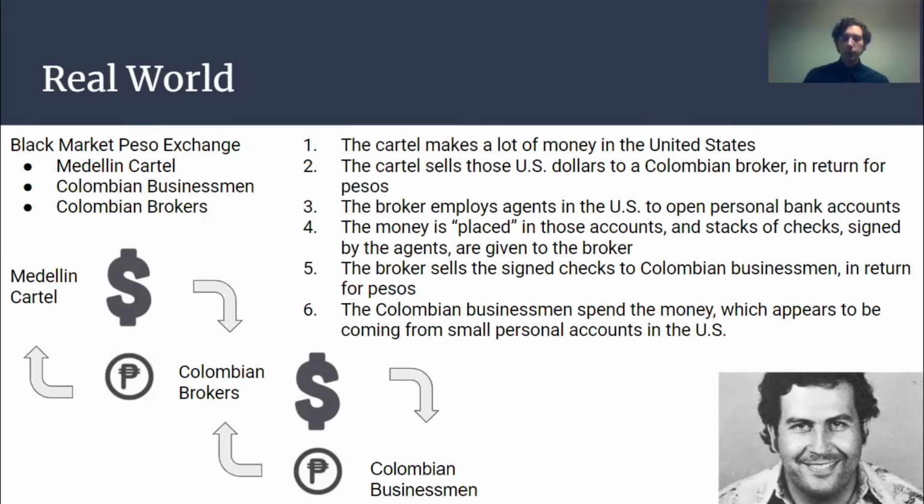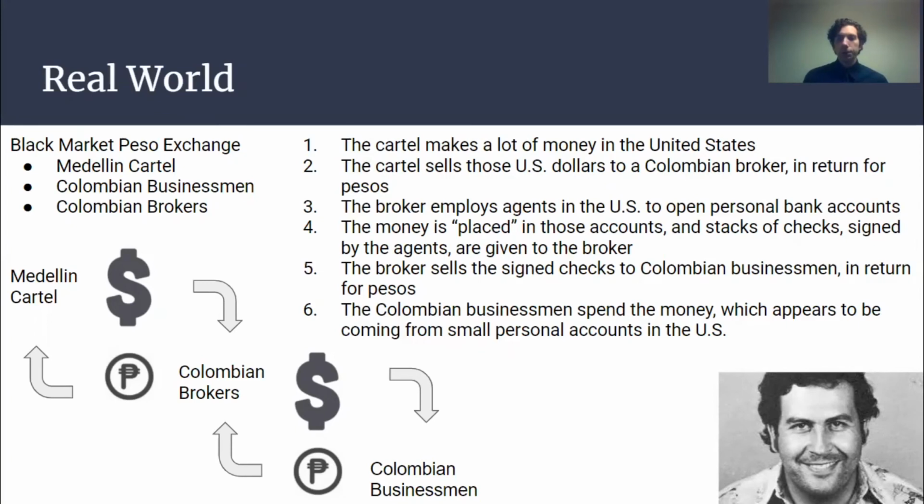businessmen. They do this by hiring a whole bunch of agents throughout the United States. These agents are just citizens or they're visiting, and all they do is open small bank accounts all over the United States. This is in order to avoid detection by that cutoff, that $10,000 cutoff that I was describing earlier. So instead of depositing $100,000 into one account, which would trigger a report, they deposit $1,000 into 100 accounts to